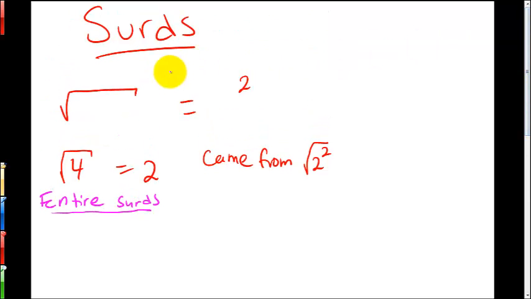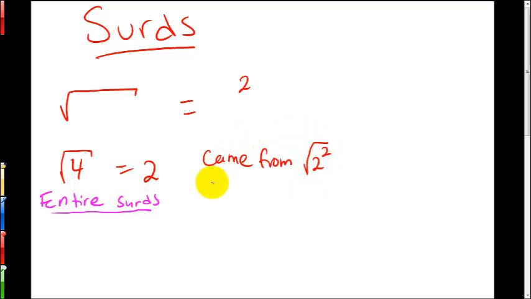Okay, so we want to have a look at surds. Surds are obviously just the square roots. And what's the opposite of a square root? It's obviously to the power of 2, which is squares. So as we can see here, the square root of 4 is equal to 2. Where did the 2 come from? The 2 would have come from 2 squared, which is obviously 4, and then you take the square root of